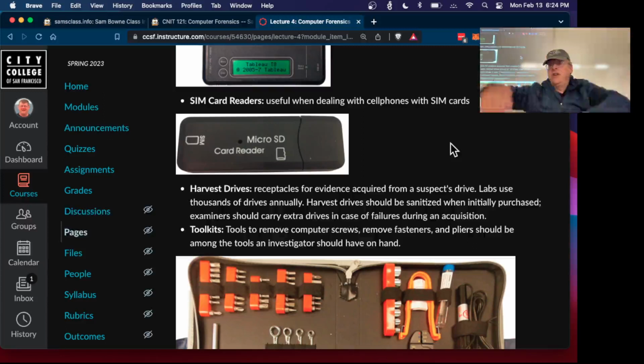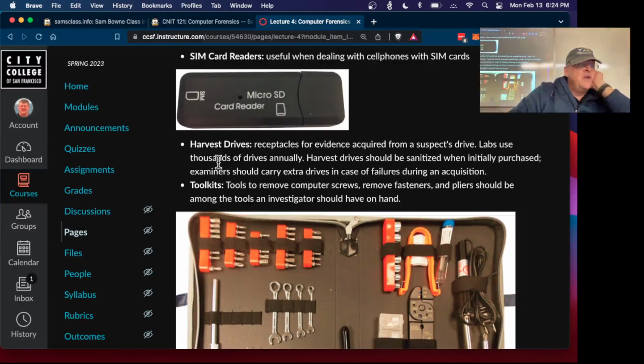And there are things where you just plug in the drive. This one input, this one output, press the button. Okay, this is now a duplicate. That's what people use to deploy operating systems to endpoint devices in companies, and you can use them for forensic purposes too. So the harvest drives are the drives you collect the data onto,